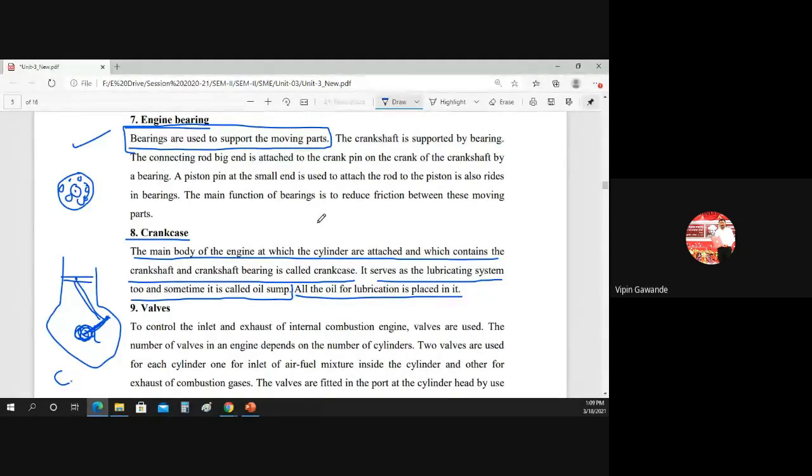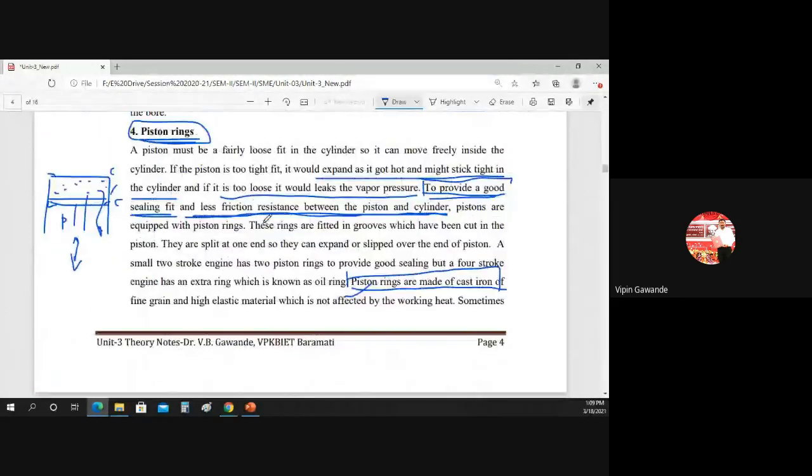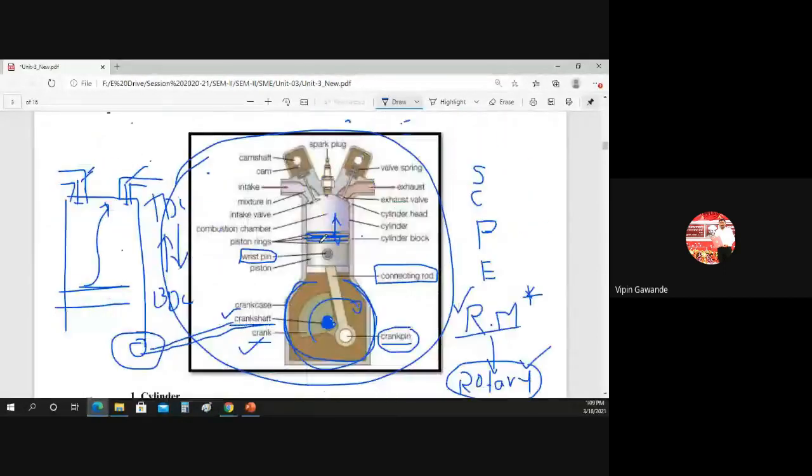Now where are these bearings mounted? In the case of the joints, the connecting rod is connected with the piston, and then it is connected with the crankshaft. At that place, the engine bearings are there. So whenever there is a joint, we have to use bearings. Many times we use bearings only. So bearings are used for what? They reduce the friction between the moving parts. The engine bearings also do the same function. So where we have the moving parts or joints, we use them.